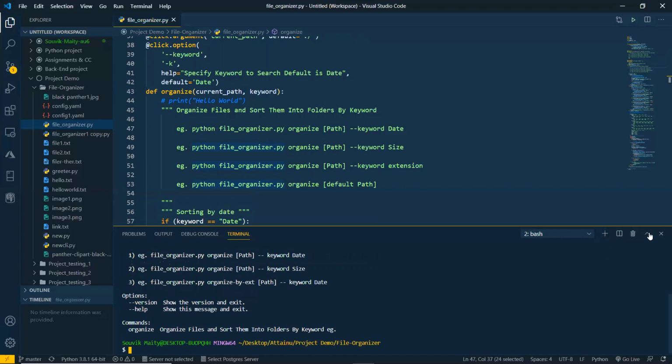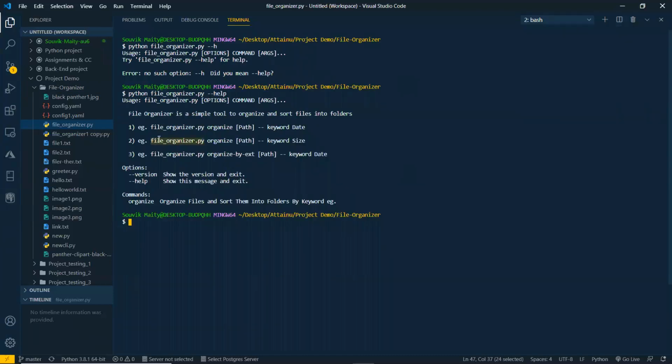Here we can see all the commands available in this file. Actually, by that way we can organize the files.